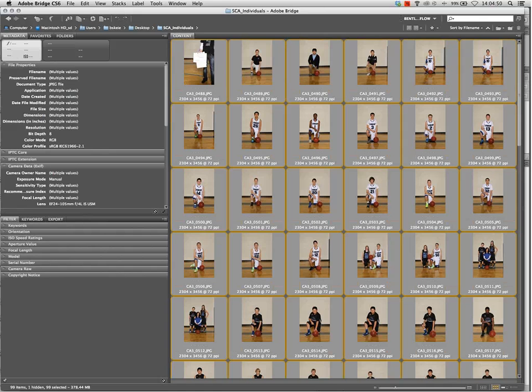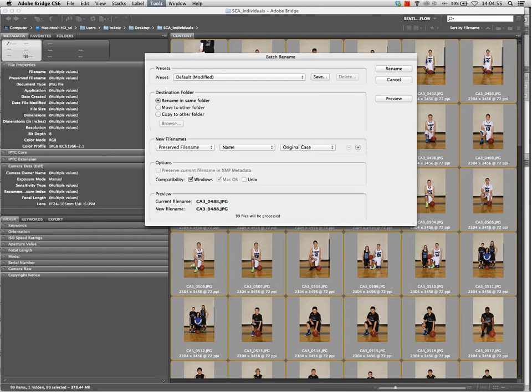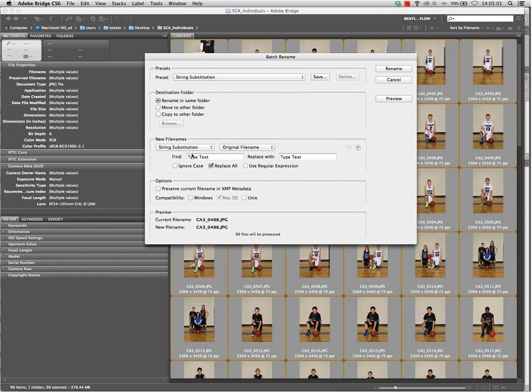Another new feature in this one, I think came in CS5, is the ability to do a string substitution. What does that mean? String substitution means find a specific section of text and replace it with something else. So if I want to find CA3 underscore and I want to replace that with ABC underscore, I can do that. It's a way you can correct spelling mistakes, batch rename with keeping certain parts of the file name intact, shorten